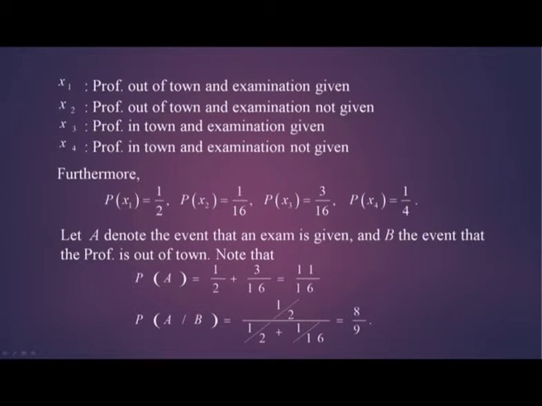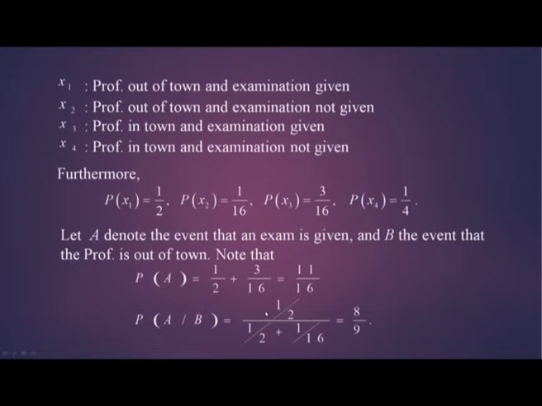B is the event that professor is out of town, and that is occurring in 2 places, x1 and x2. So, to find the probability of B, we have to add the probability of x1 and probability of x2. So, that is here in the denominator,